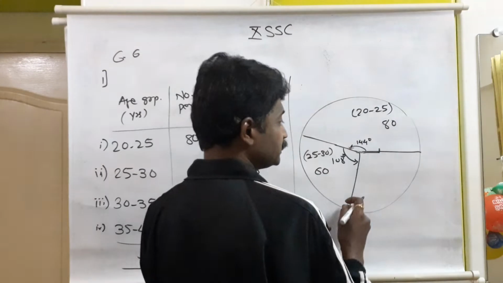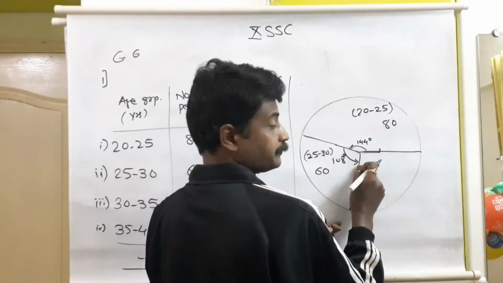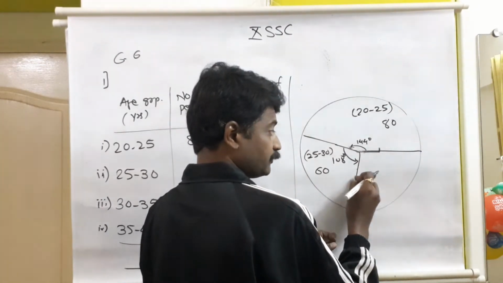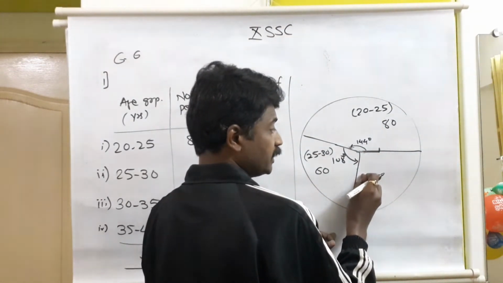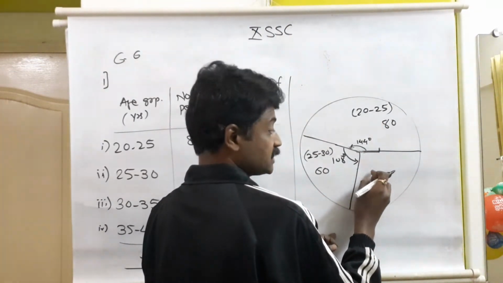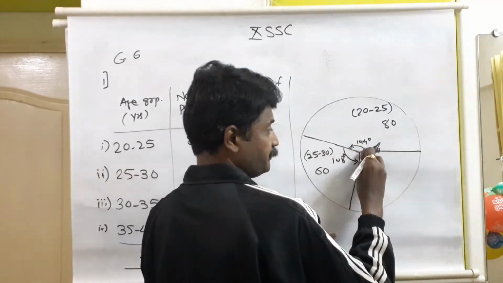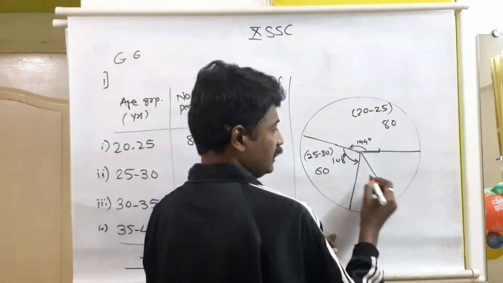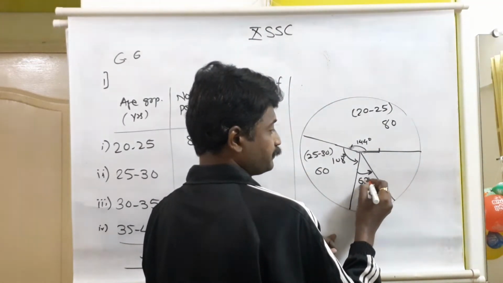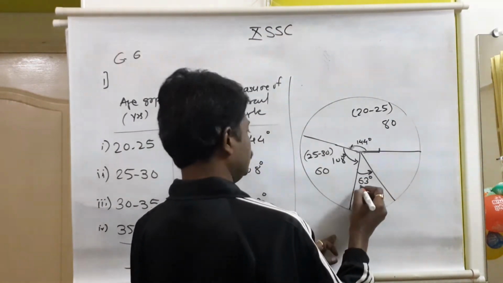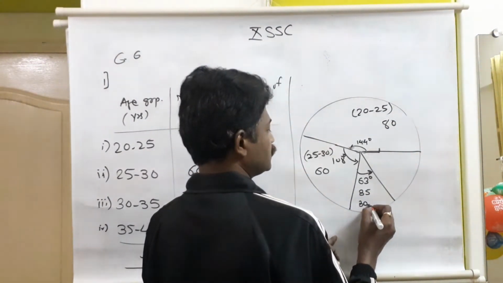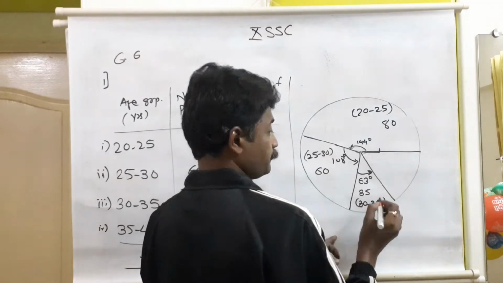So this will work as the baseline. D will come here, and the other end of this radius is this side. So from this 0: 10, 20, 30, 40, 50, 60. So it will be less than 90 degrees. 90 degrees may be here, so less than 90. 63 degrees, I think it may come here. So for 63 degrees, the number of people who donated blood is 35, and this age group is 30 to 35.